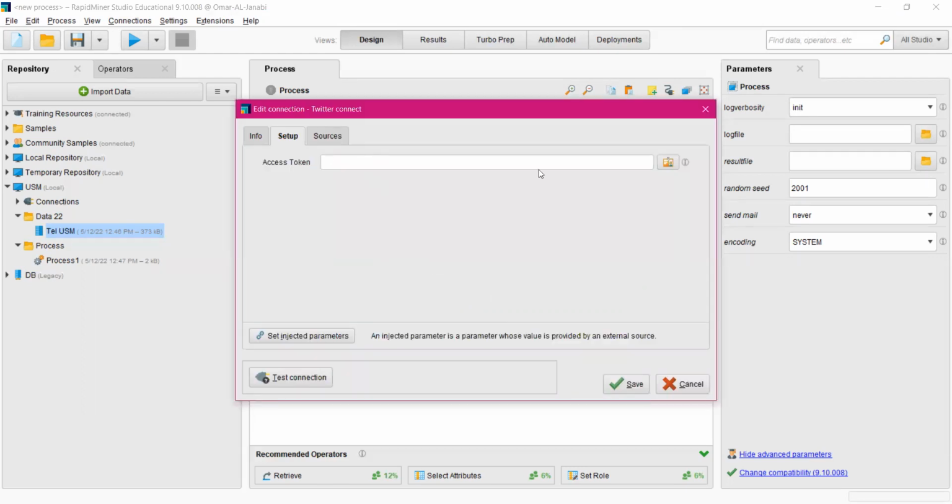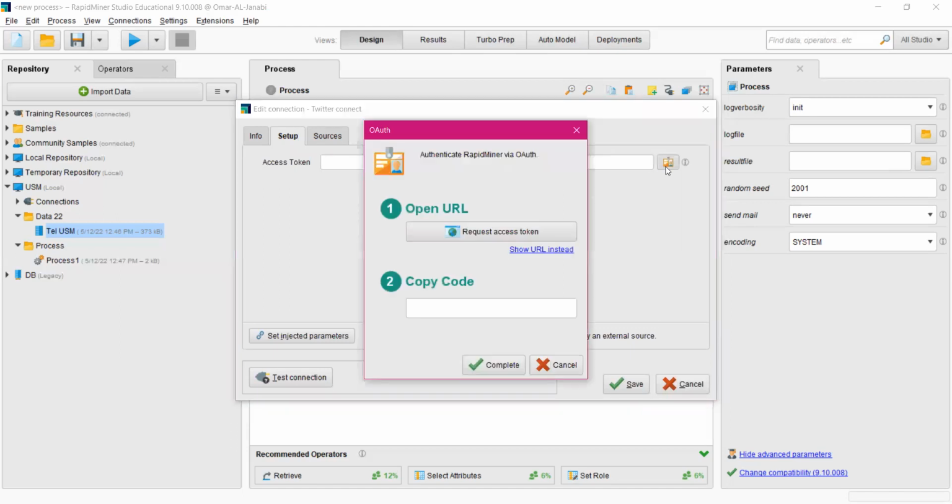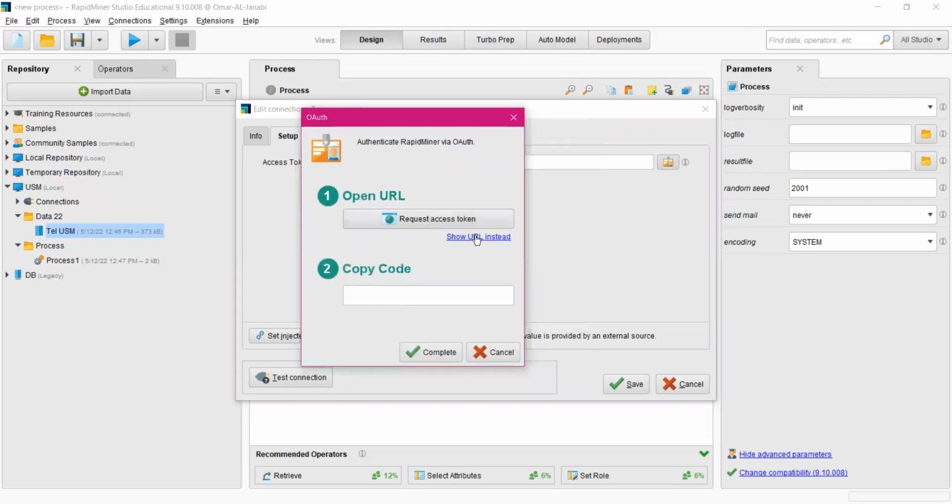You have to specify the access token using this button. I would like to show the URL instead, because sometimes the request access token will take this request into the Edge browser. So I would like to take the URL instead by copying the URL